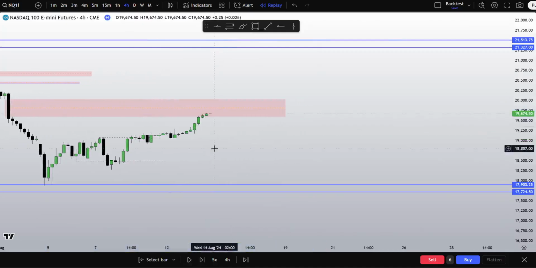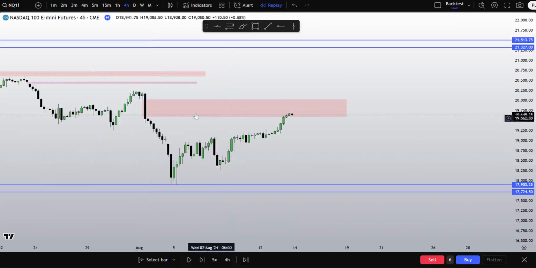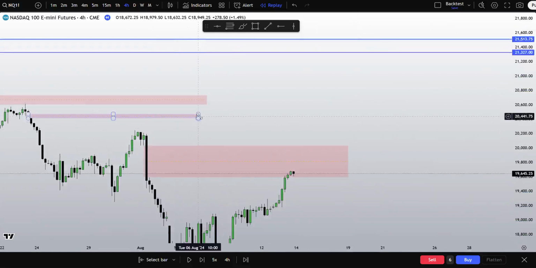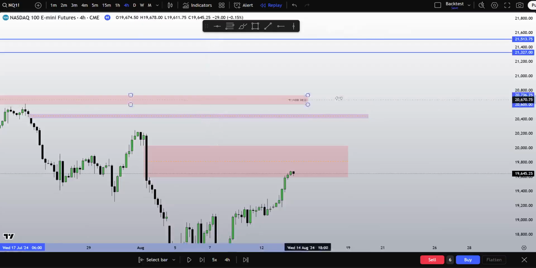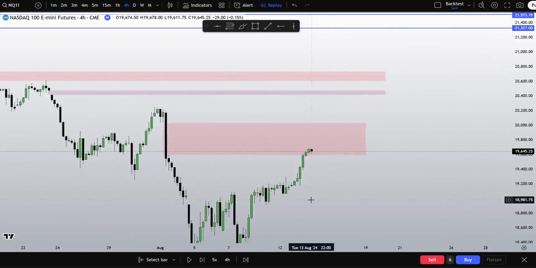Again, I told you it may take a while, but we do get it tapped into. The draw gets tapped into. What I'm going to do is move this gap farther right. Again, I was right on quite a few of them. I was wrong on a few of them as well. It's just what's most likely to happen.